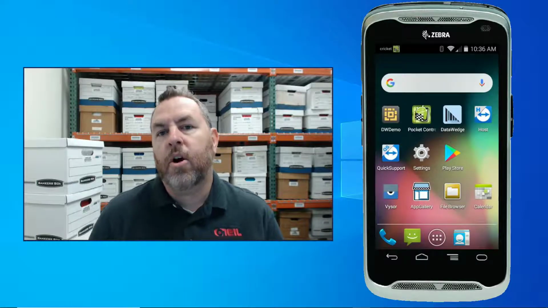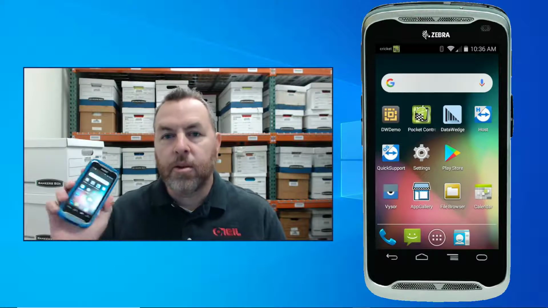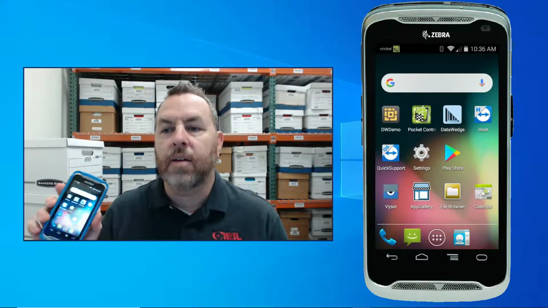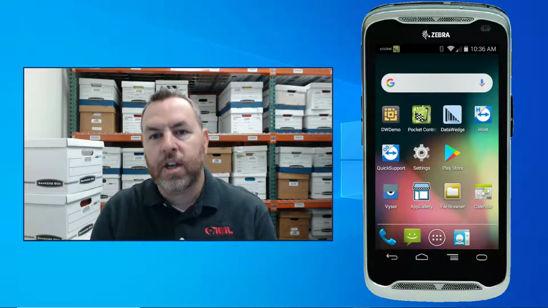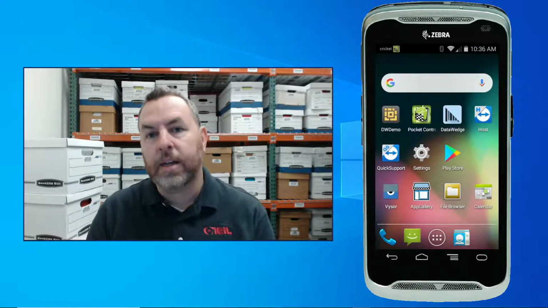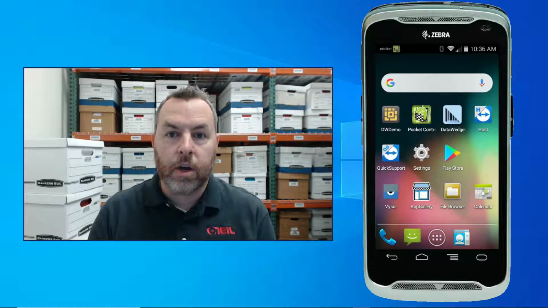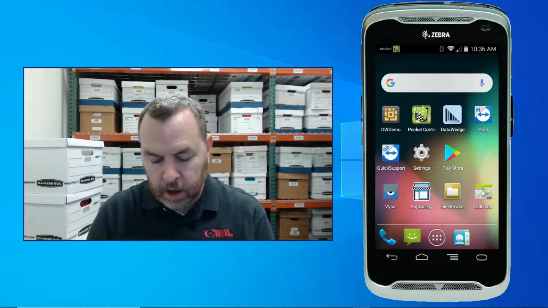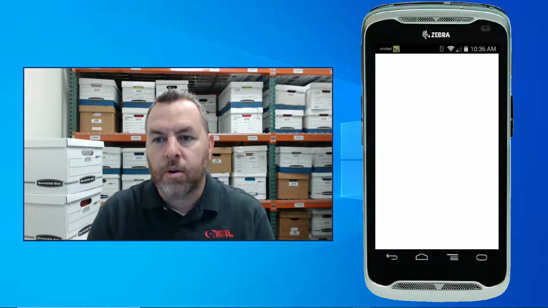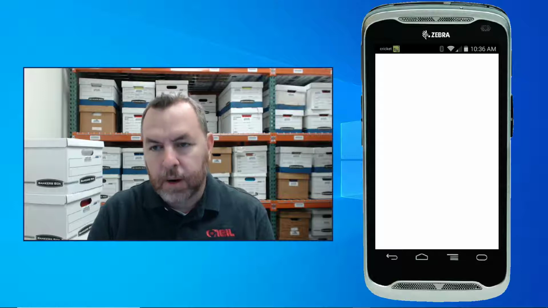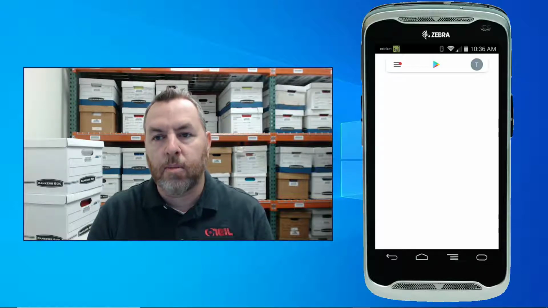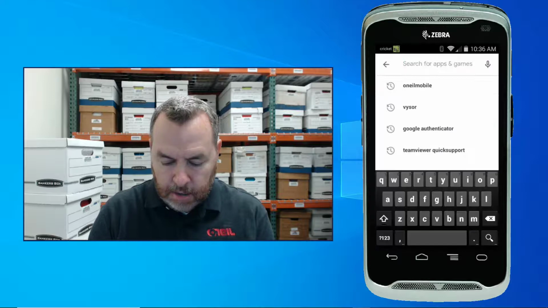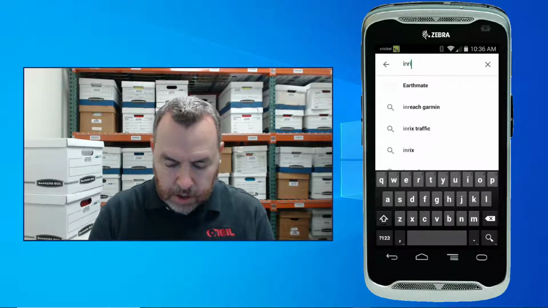For the purposes of our demonstration and training, I'm using a Zebra TC55 scanner. Now, once I have the scanner powered on, charged up, and connected to my wireless network or connected to a cellular network, I can open up the Play Store. And once I have the Play Store open, I'm simply going to search for the Oneil Mobile application. So I'll tap in Google Play. I'm going to type in Oneil Mobile